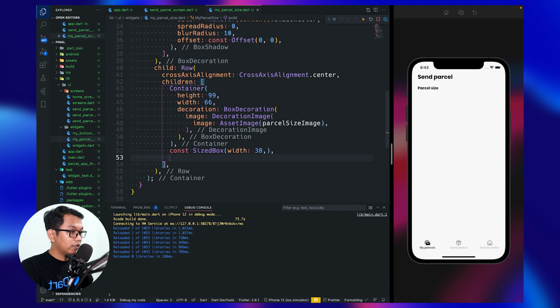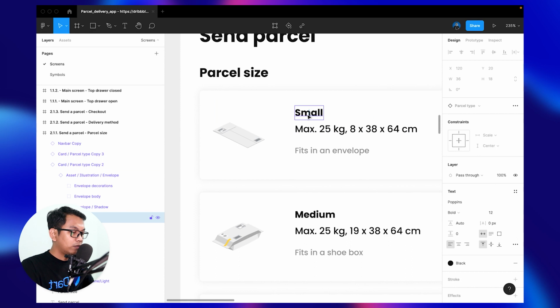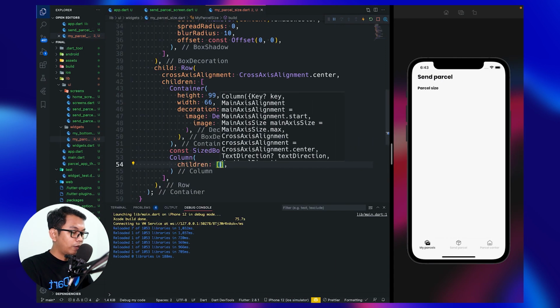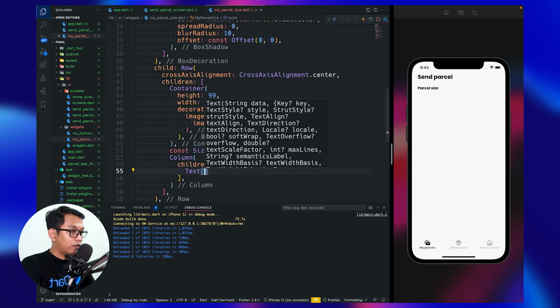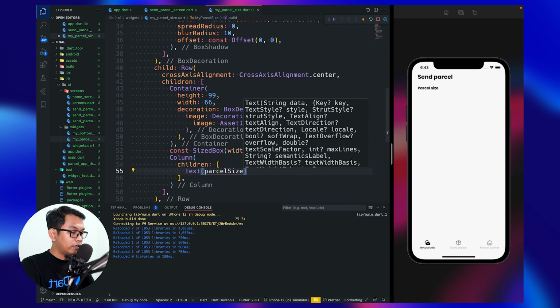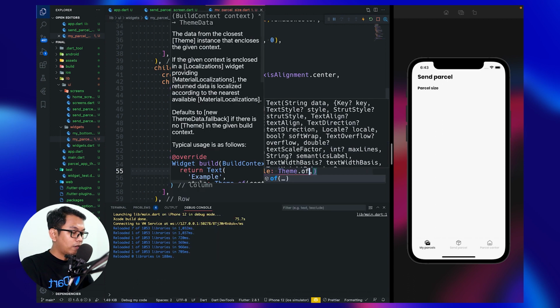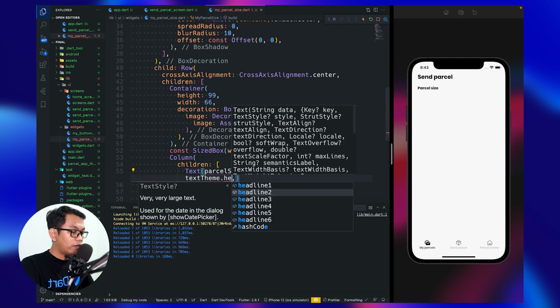The next widget is a column widget because this goes from top to bottom. As usual we use children and we say text, and we call our parameter which is parcel size, and for the style we use from our theme, text theme dot headline 4.